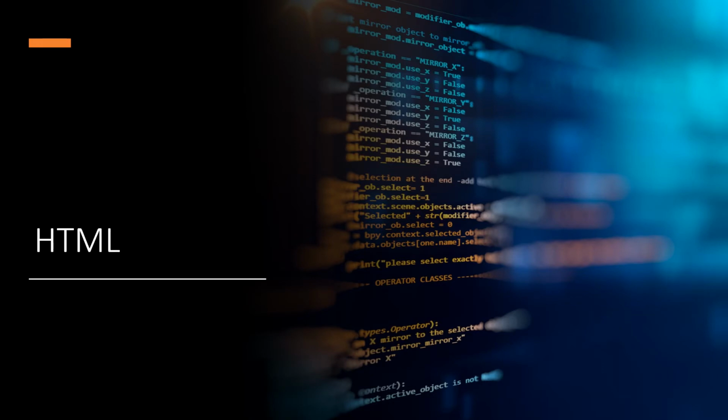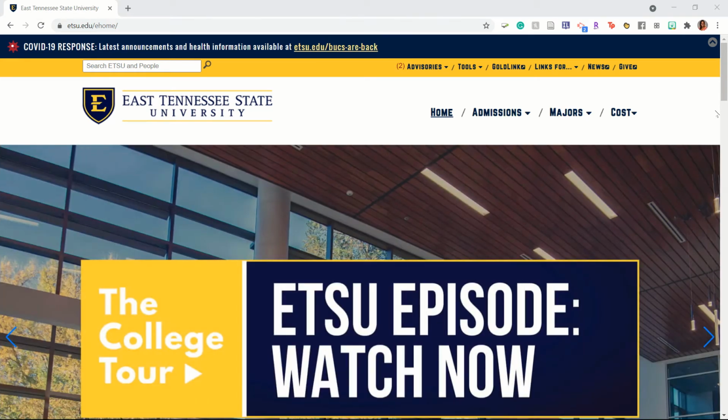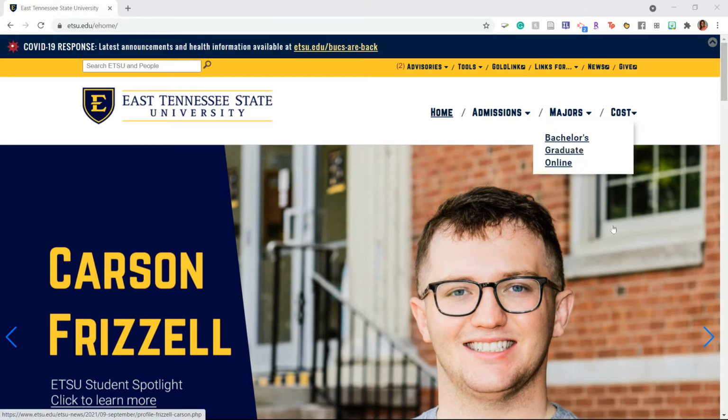HTML. So most websites are written with HTML code. We'll explore what this is so that you can see, very generally, how it sets up a web page for you to actually view. Websites are usually written and coded with HTML. Some websites can be created with block coding, but if you want to see the code behind the page,